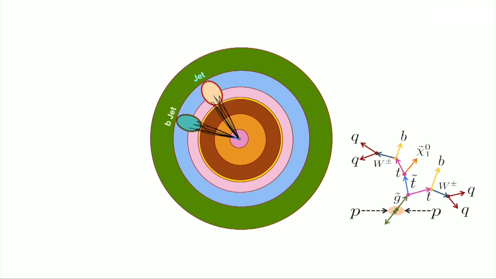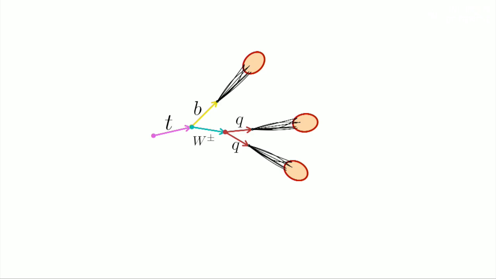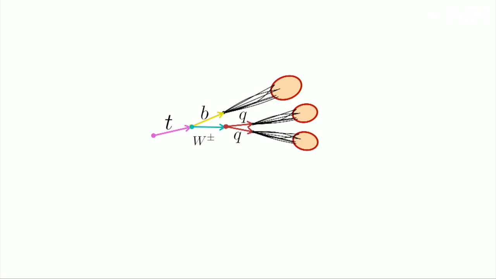We also reconstruct top quarks from their decays using their kinematic properties. The top quark decays to a B quark and a W boson before forming a hadron, with a branching ratio close to 100%. The W boson decays most often to a quark pair. When the top quark has a large momentum, its decay products are more collimated, as shown in this picture. At high top quark momenta, some of the jets cannot be disentangled from each other. It is therefore common to define wider jets, called fat jets, which capture the products of the decay of a high momentum top quark.